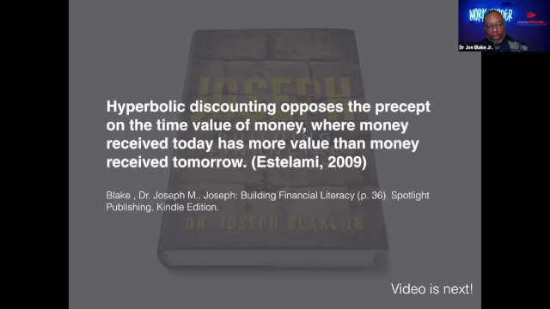So hyperbolic discounting is kind of like the opposite of time value of money. Because with the time value of money, you put some money away and then later on down the road, you're gonna have a whole bunch. You put a little bit in now, later you have a whole bunch. Well, with hyperbolic discounting, people don't want to wait till later down the road to get some money. They want the money right now. They discount the fact that they're gonna have a lot later, and they get a whole bunch now.